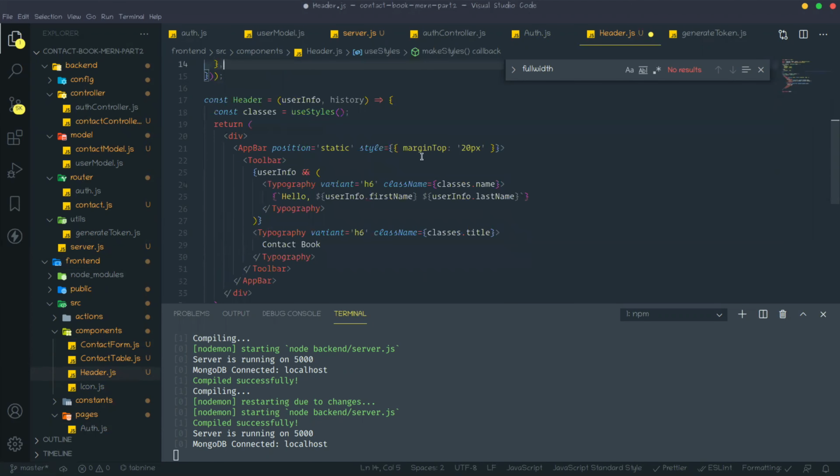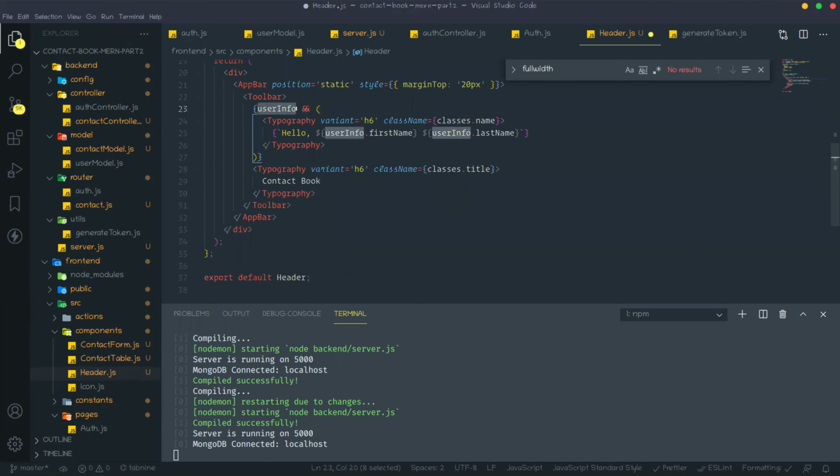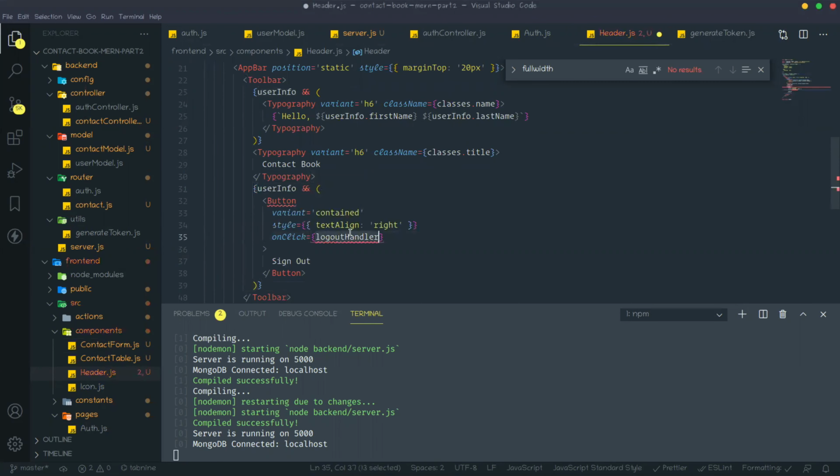If the user info is present, then we can show the first name and last name. After the typography, if it is present, we can also display one button.